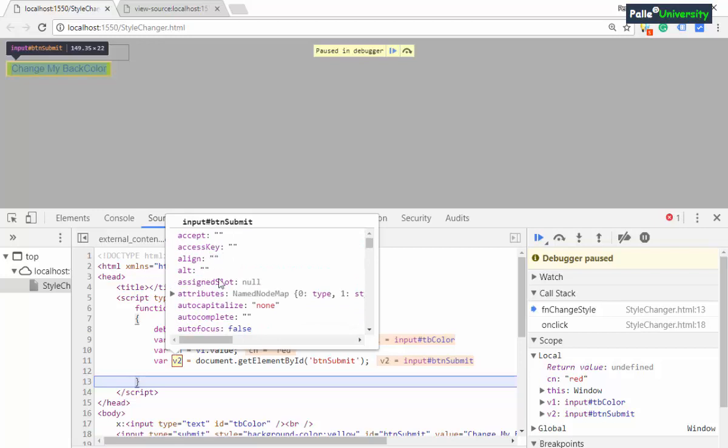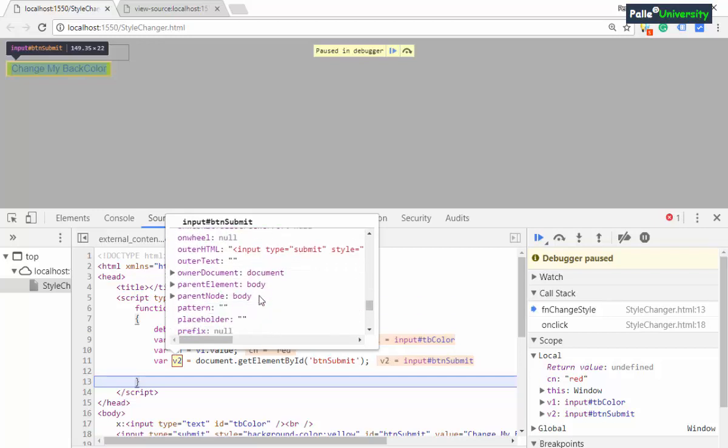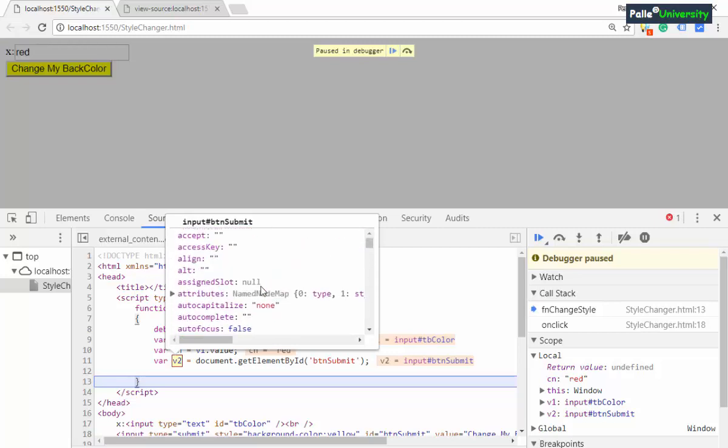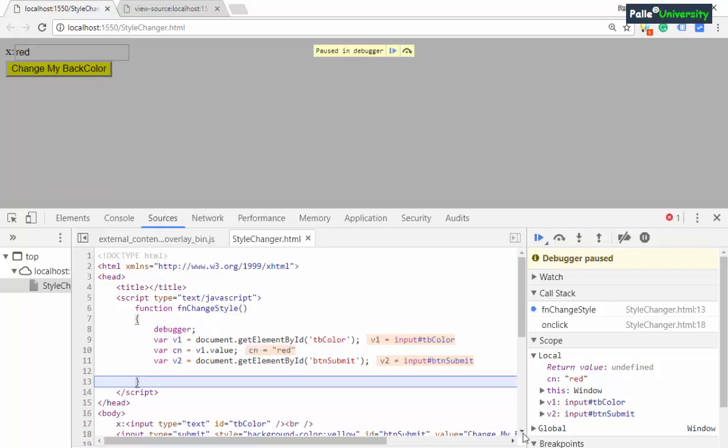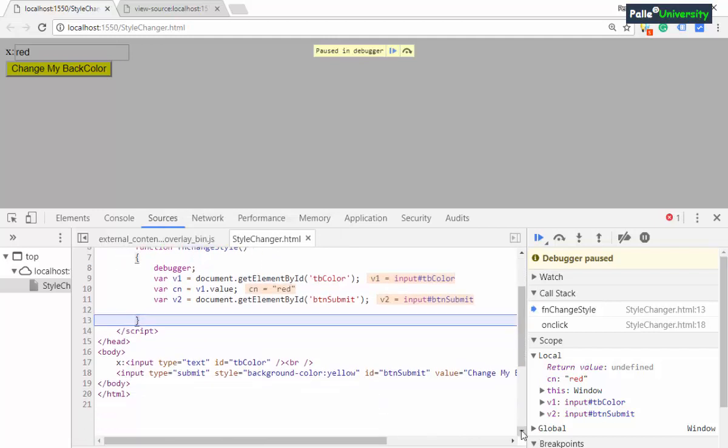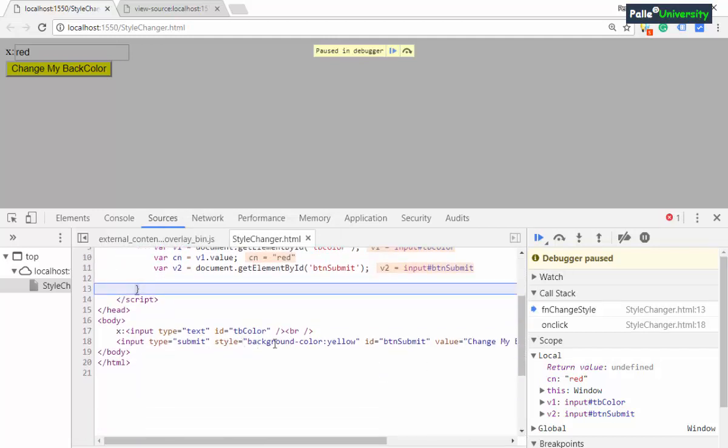Now I recommend you to observe all the things. Have you observed yellow anywhere over here? If you start observing all these values, as of now I have not observed yellow anywhere. So obviously it is not present directly. Now where exactly should you look? Very simple. I recommend you to observe the HTML code which is used for changing the background color of the button control. You observe I used the style property for changing the background color.